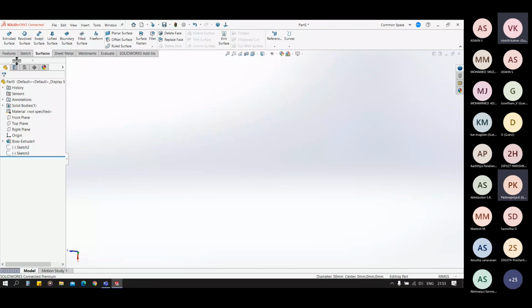When we use only the delete option, it will only delete the face. When we use delete and patch or delete and fill, it will delete the surface and patch that boundary according to its neighbor surface or its properties, so that we can have a uniform shape there.